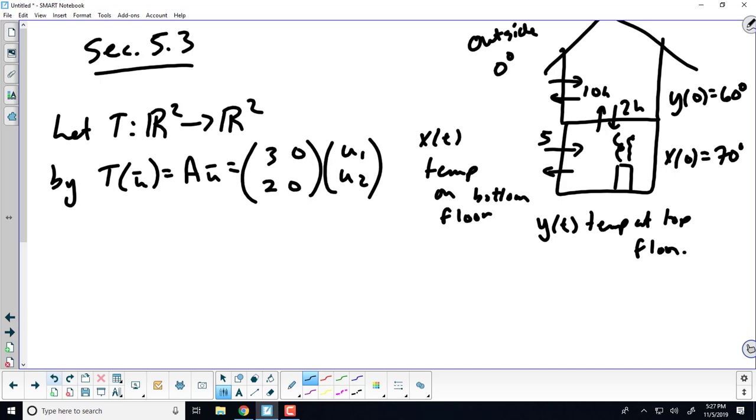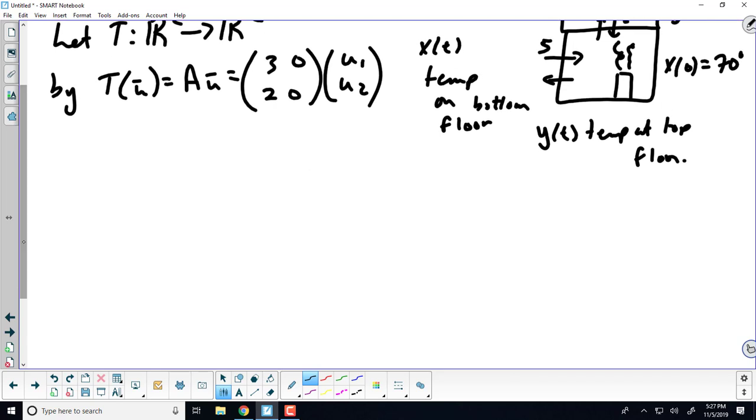What's important here is that what we're discussing now only works for going from an n-dimensional space back to itself, from R2 to R2 or R3 to R3. So these are always going to be square matrices in this section, as opposed to the previous section. All right, let's go ahead and see one thing. If you want to start getting a sense of how a transformation works, what should you look at? What it does to the